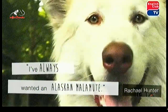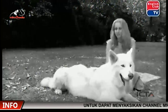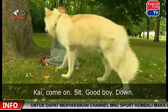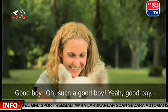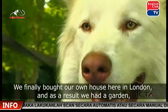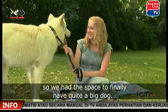I've always wanted an Alaskan Malamute. Kai, come on. Sit. Good boy. Down. Good boy. Oh, such a good boy. Yeah, good boy. I've always wanted an Alaskan Malamute since I was younger. We finally bought our own house here in London, and as a result we had a garden, so we had the space to finally have quite a big